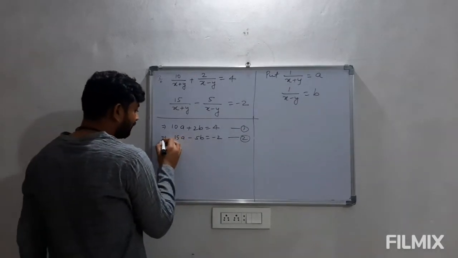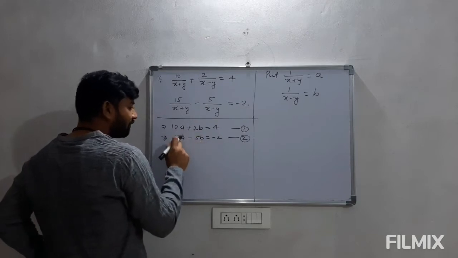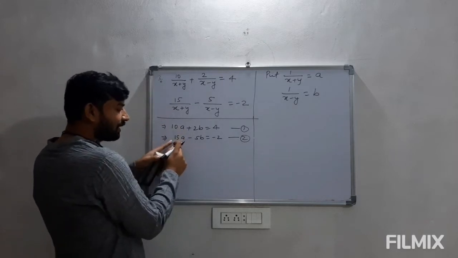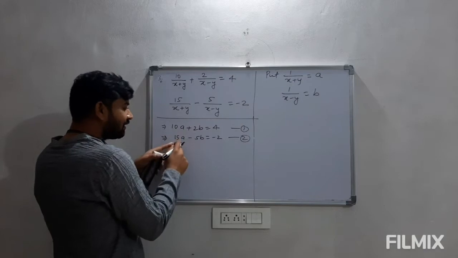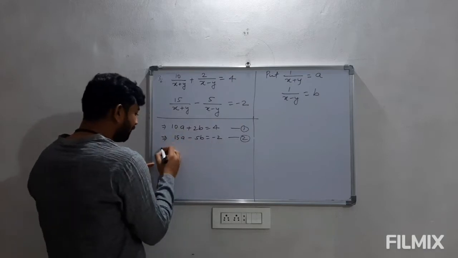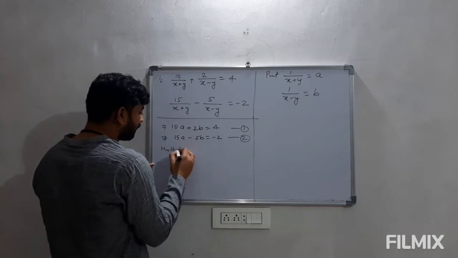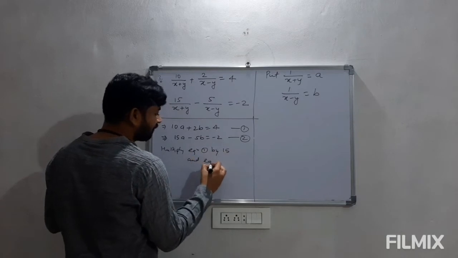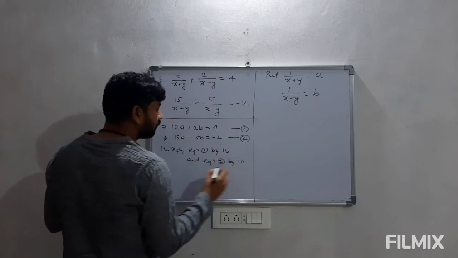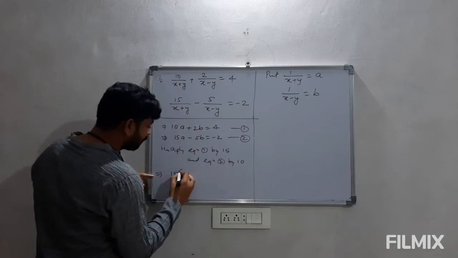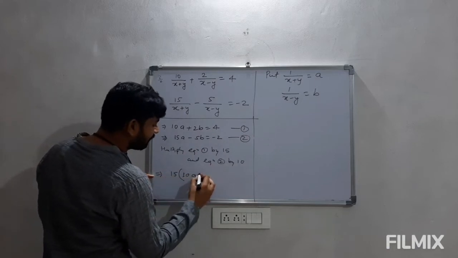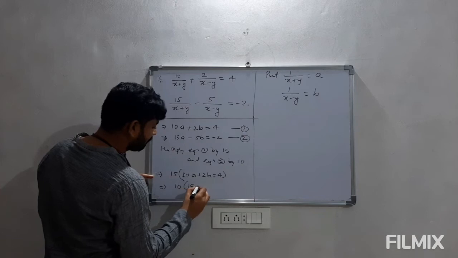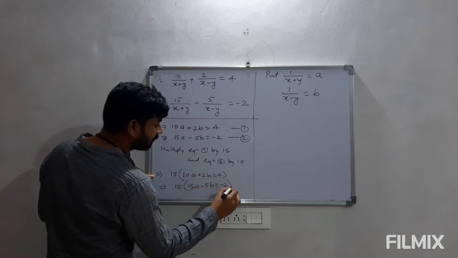So if we look at these two equations, we can make them equal by multiplying with, either we can multiply by 3 here and by 2 here to make them equal 30, or we can multiply directly the coefficient. So let me multiply the coefficient only. Multiply equation 1 by 15 and equation 2 by 10. What we will get, in the first equation we have to multiply by 15, so 10a plus 2b is equal to 4, and 10 into 15a minus 5b is equal to minus 2.